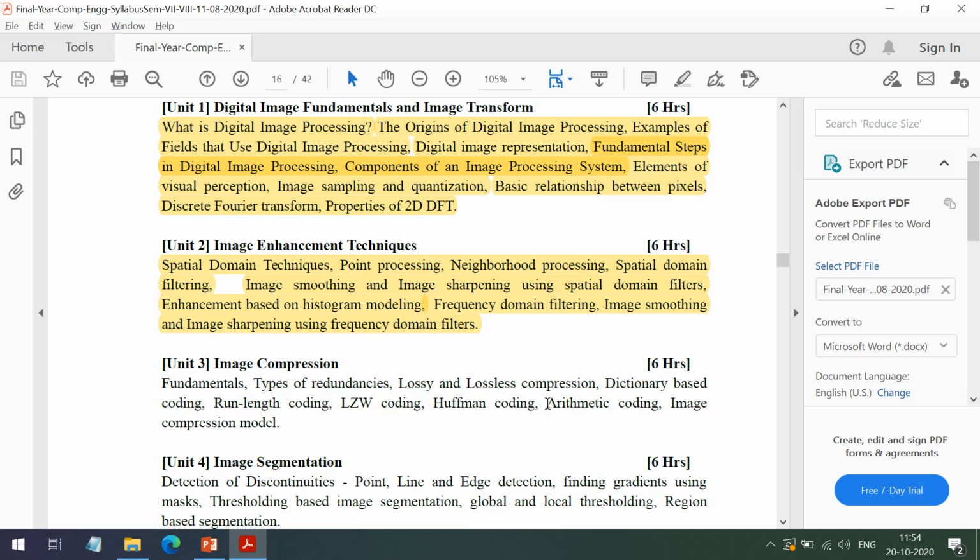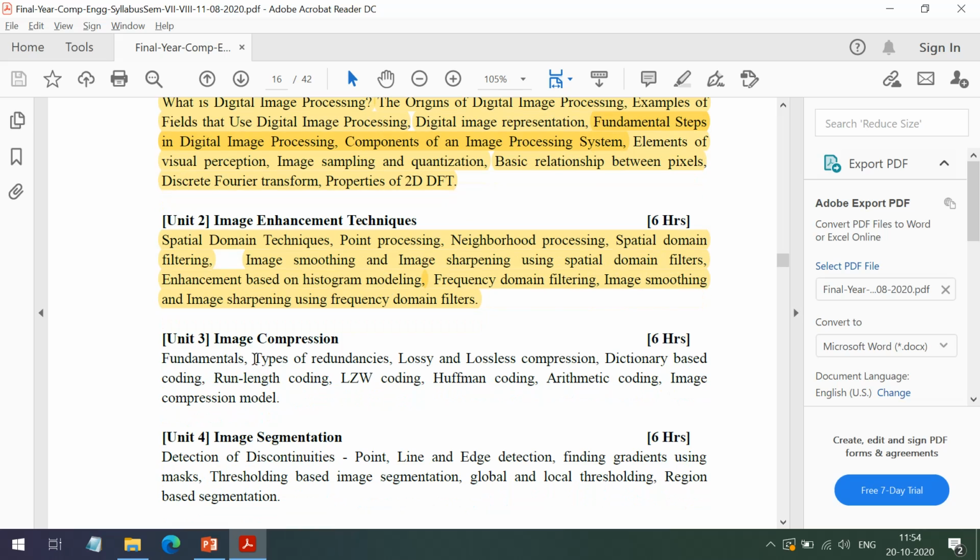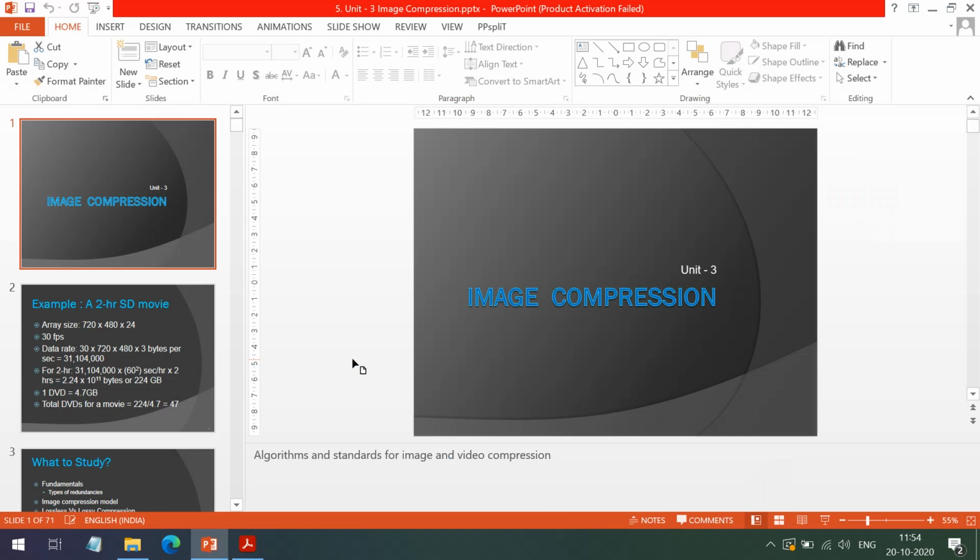Good afternoon, students. In the previous class, we started our unit 3, that is image compression. And in the previous class, we have studied fundamentals of image compression, and we have seen different types of redundancies. Let us revise the content of the previous class quickly. So we have seen